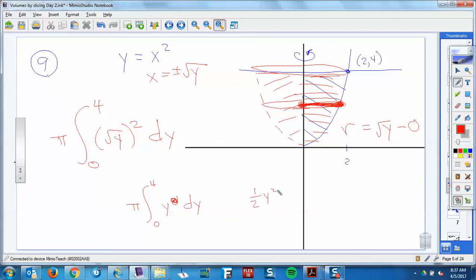1/2 y squared, integral from 0 to 4. Put in a 4, 16 times a half is 8. Put in a 0, you get 0. So what is it, 8 pi? Was that the answer? 8 pi, right? I mean, we could have done that with